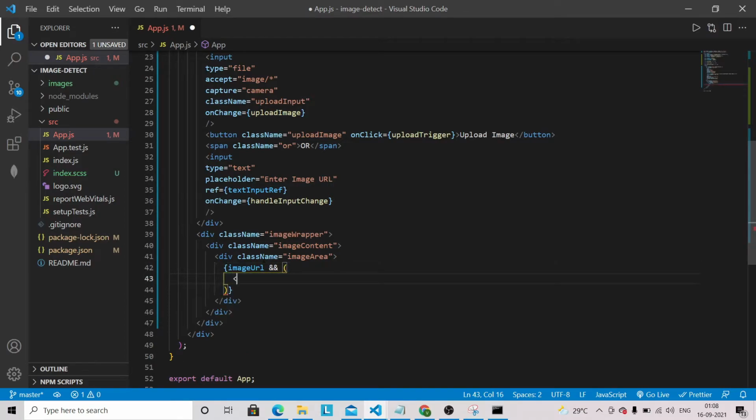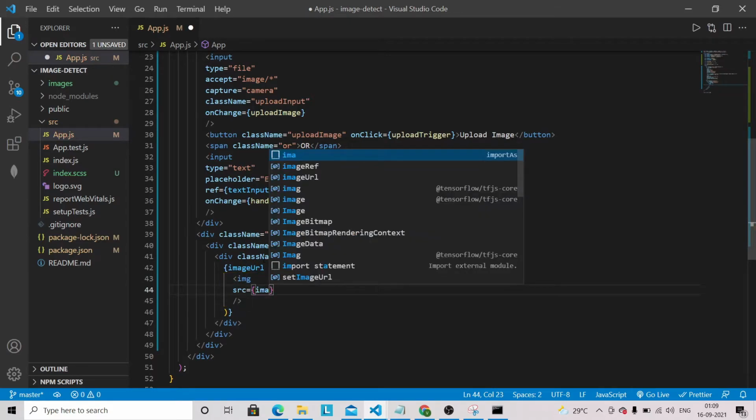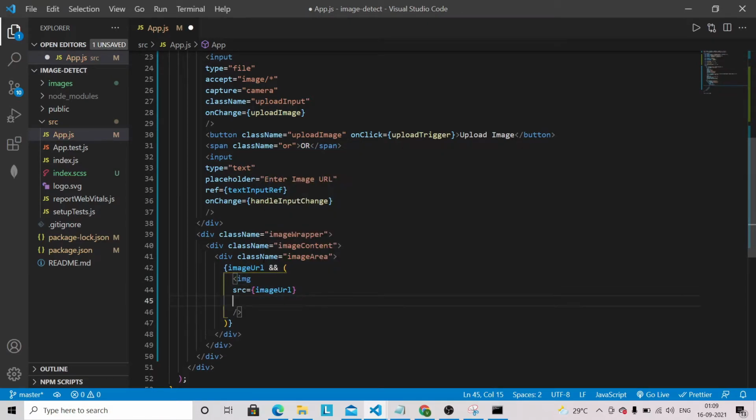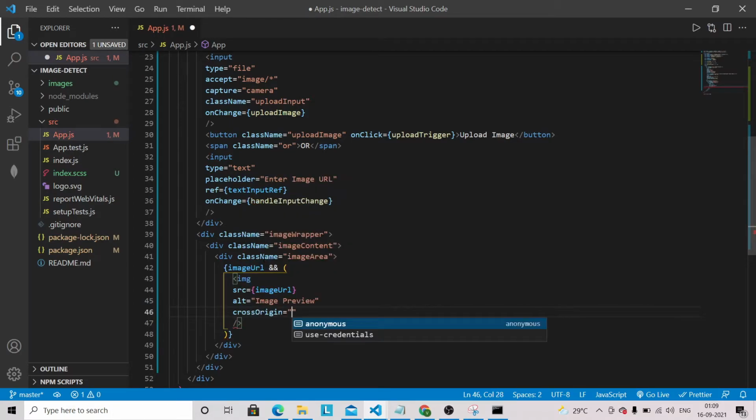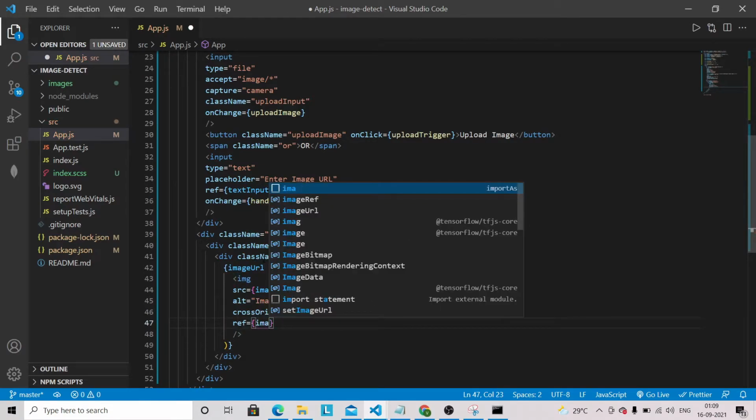So inside that we are going to give that image under the src, imageURL, and we are going to have alt as well in case there is no image, so that will be like image preview, and crossOrigin anonymous, we have to give this one, and ref also we are going to give as imageRef.